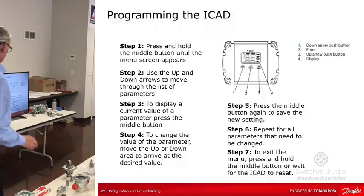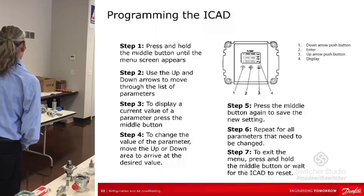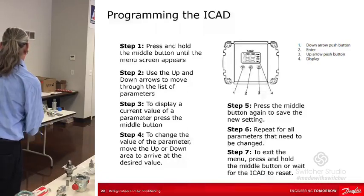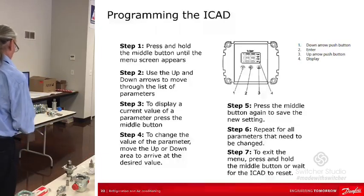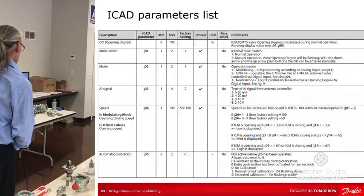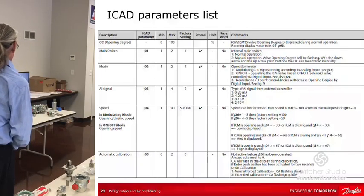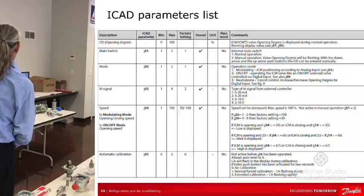The other thing was to reset. We said that was the up and down arrow with power, put it back on. Okay? And then to exit, it'll exit by itself, or you can press and hold the center button, it'll take it out immediately. And there's a lot of parameters, but there's only a few that are really important. We'll touch on, okay, so